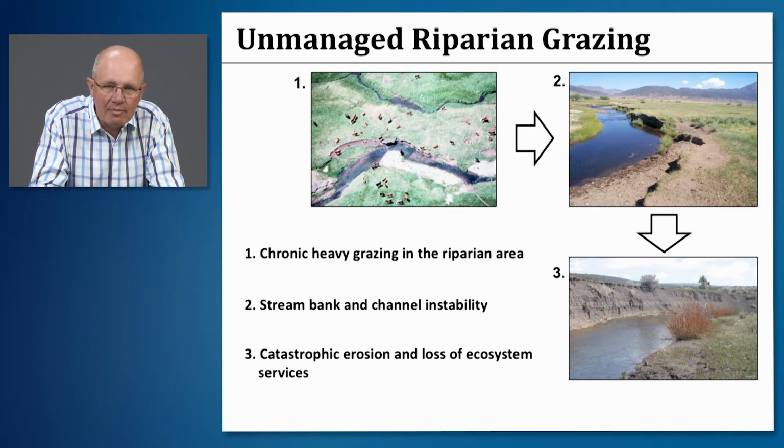And so these three steps together can set you up to where you can have a long-term loss of ecosystem services. A depleted water table, changes in vegetation, reduced habitat quality, and reduced flood flow attenuation potential can all come from these processes.